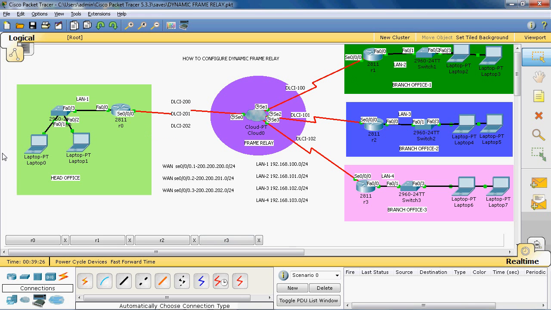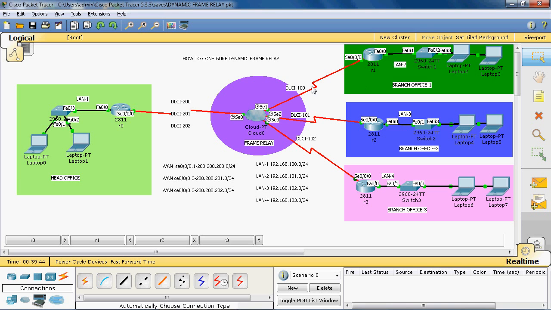Here we can see DLCI 200, 201 and 202. The DLCI 200 indicates the packets can be sent from head office to branch office 1. And if branch office 1 wants to send packets to head office, it uses the DLCI value 100.